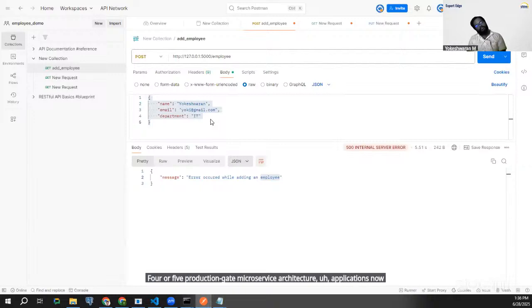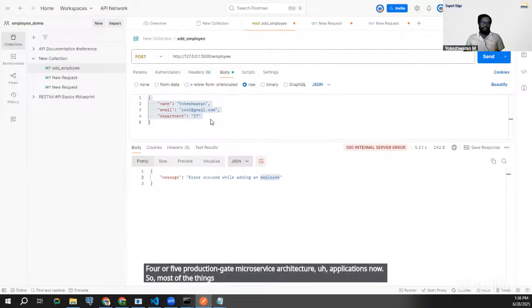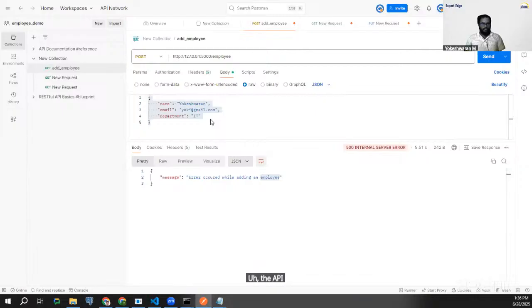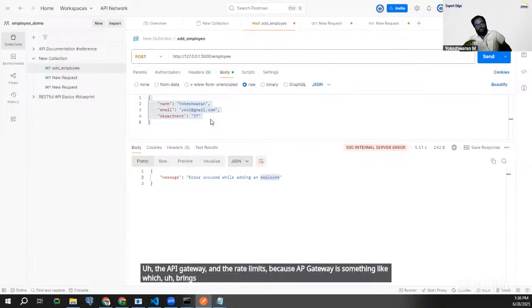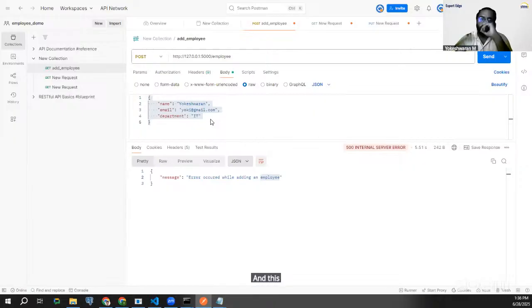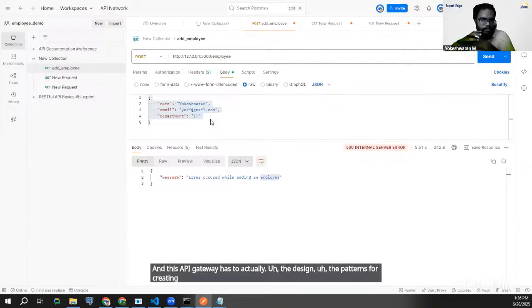So most of the things that we would be taking care of are the API gateway and the rate limits, because API gateway is something which brings all our service APIs to a single place. Okay, and the design patterns for creating any REST APIs should always be taken care of while we design our API gateway, because assume